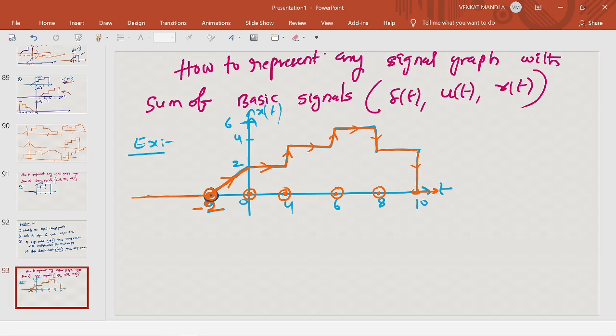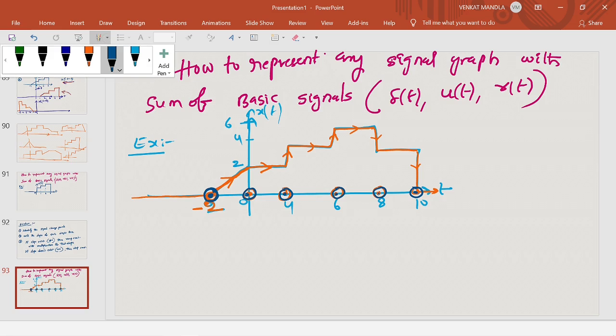So these are the signal changing points. Identify the signal changing points: t equal to minus 2, t equal to 0, t equal to 4, t equal to 6, t equal to 8, t equal to 10. Okay, the next step is